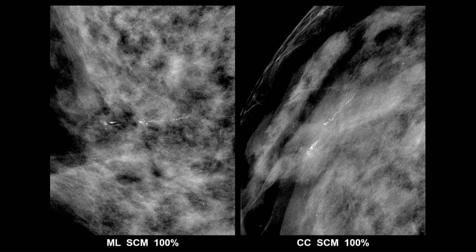I guess we didn't have priors, or I'm not showing you priors. I don't remember what the first slide said, but this woman got recall. And here are the spot mags. And on the spot mags, you will always see the calcifications better. If you don't see calcifications better on spot mags than you did on standard views, then either